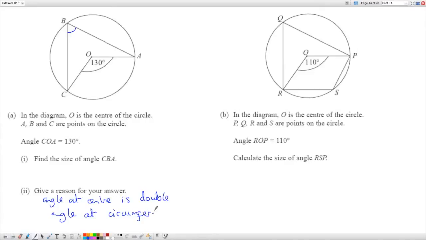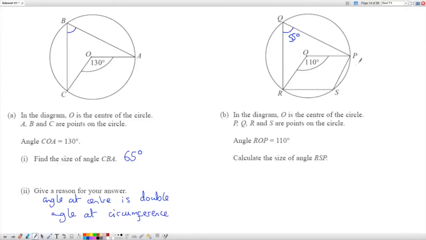So here, the angle at the centre is 130, so the angle here at the circumference will be half that, 65 degrees. In this diagram, we're showing the angle at the centre here to be 110. Therefore, this angle, half of that, will be 55. The angle at the centre is twice the angle at the circumference. We're not interested in that angle though, but this angle here that we've just found is going to help us find